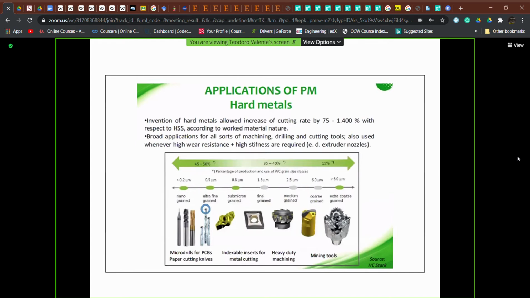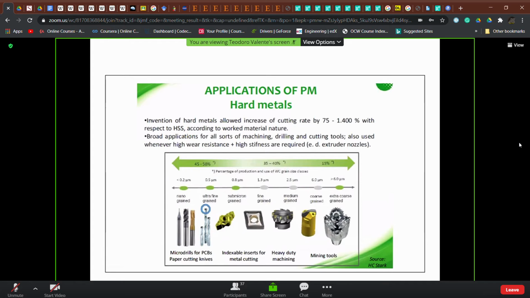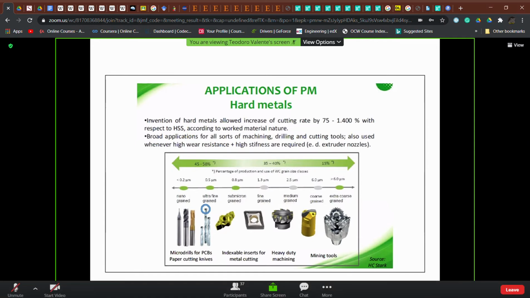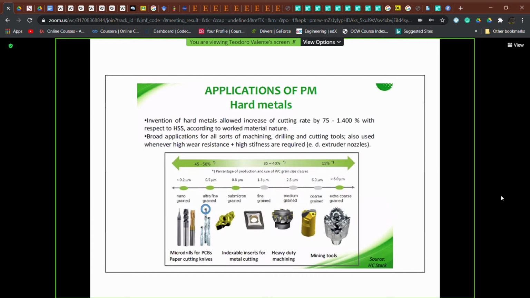And here you have some examples, and depending on the components, we can vary the percent as well as the granulometry of the ceramic phase, that is of the carbides. For example, we can have very, very small grains, essentially submicron, sometimes nano, but essentially submicrons, the ultra-fine grained, for example, for micro drills, up to mining tools